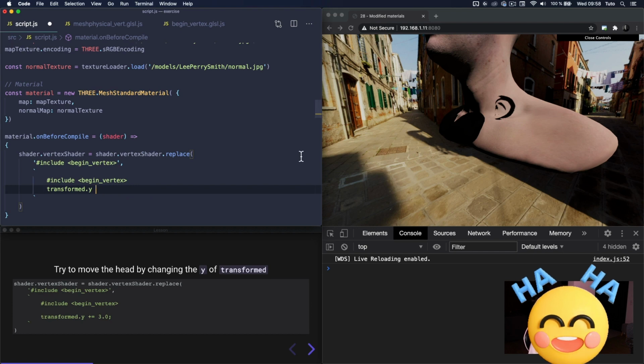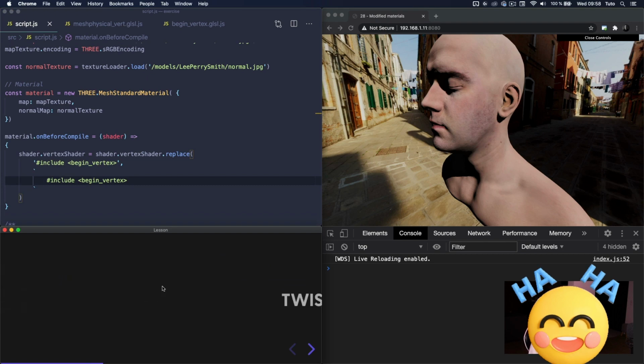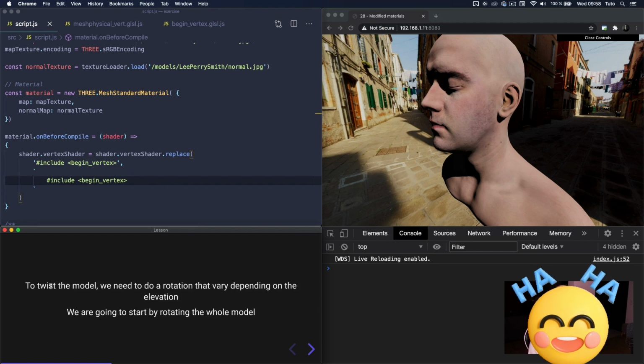I know the shadows are broken, we are going to fix that. So it's working, let's remove our test and move forward. And we can do the twist. No joke here. So to twist the model, we need to do a rotation that varies depending on the